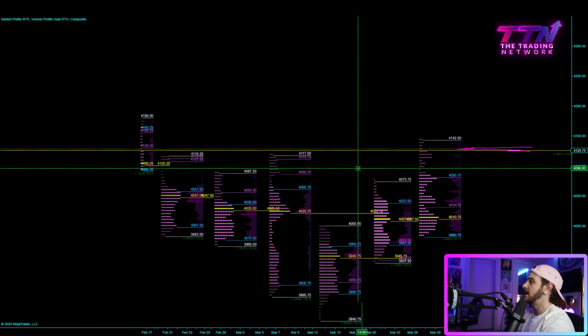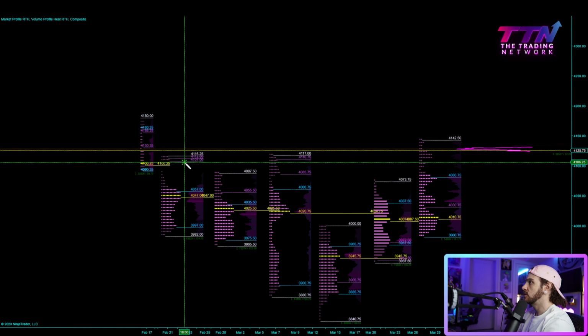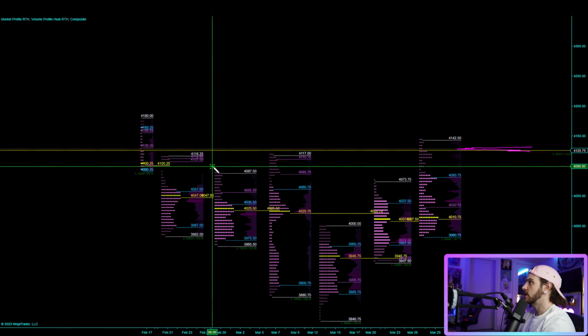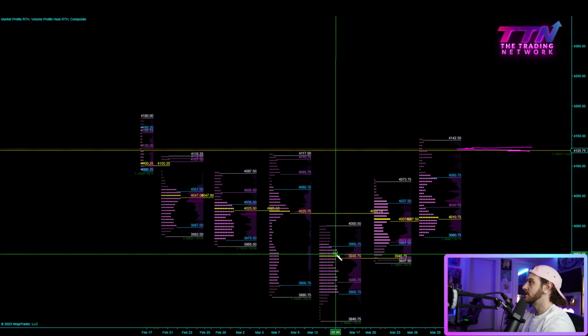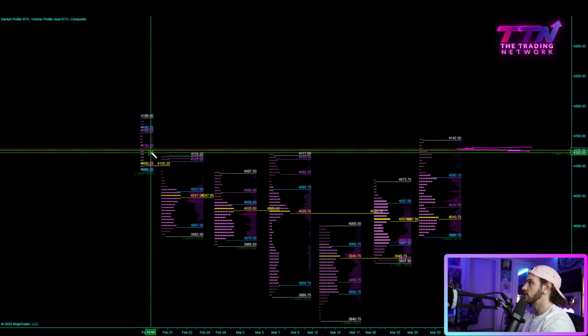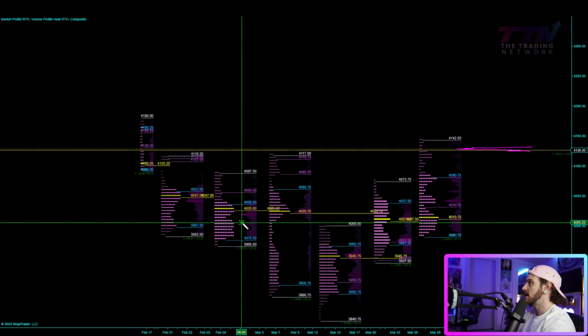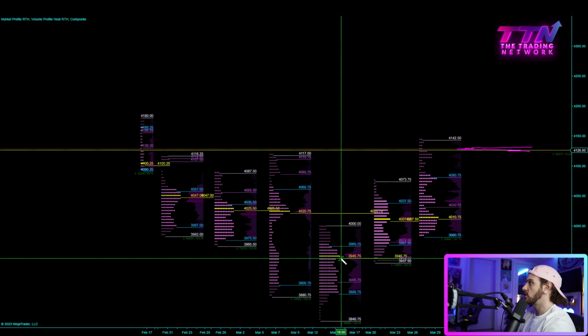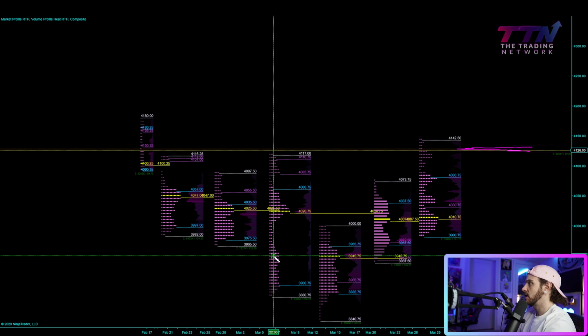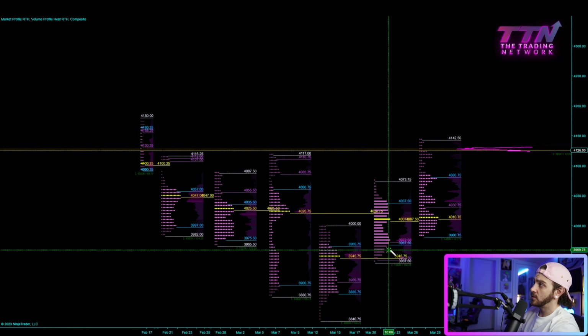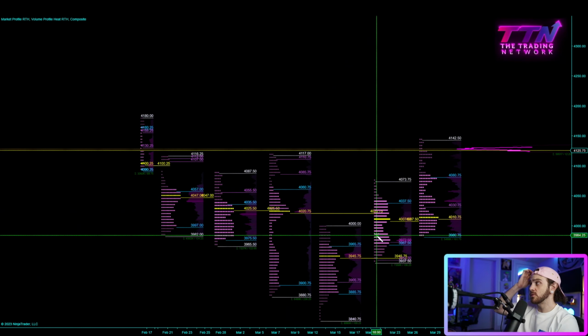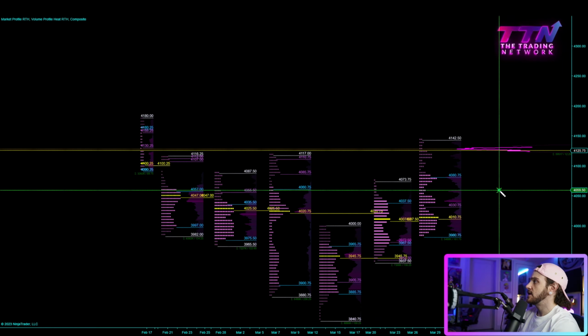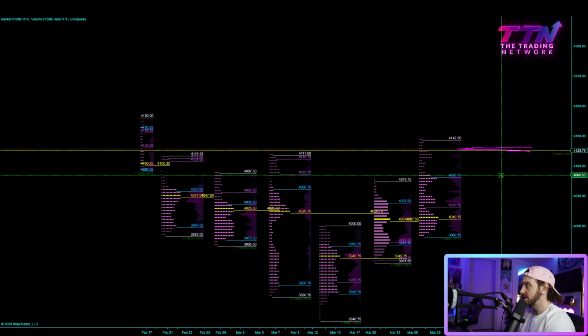And to me, you can see that we were making lower highs, right? The weekly highs were getting lower. Then our value area started to balance out, right? Value started to overlap instead of value moving down, which is bearish. Value started to overlap. We had a lower value area here, but it was still overlapping with this prior value area back in the beginning of March. And then we had the weekly value start to move up. So if we see continuation of weekly value continuing to move up, then that is further confirming to me that the macro change in behavior is indeed present and continuing.